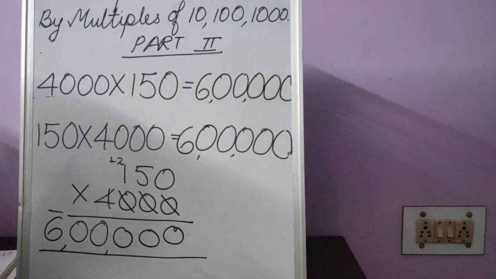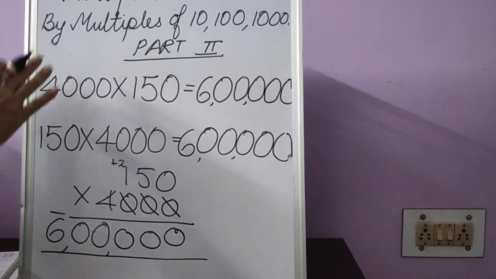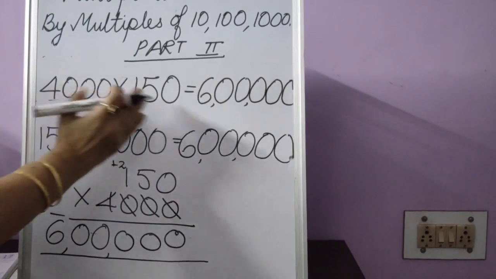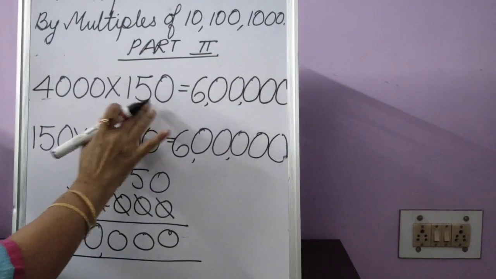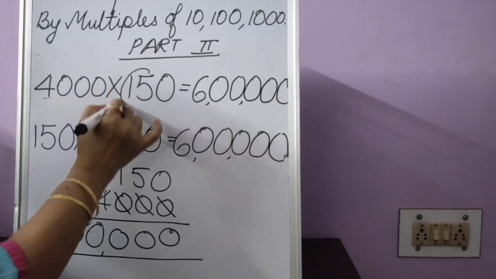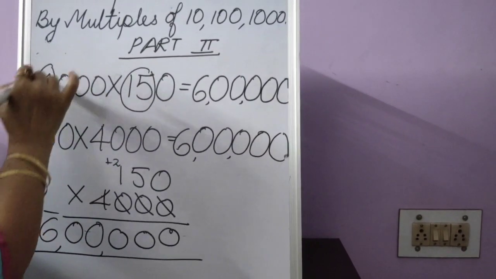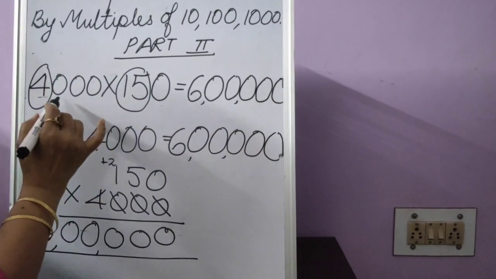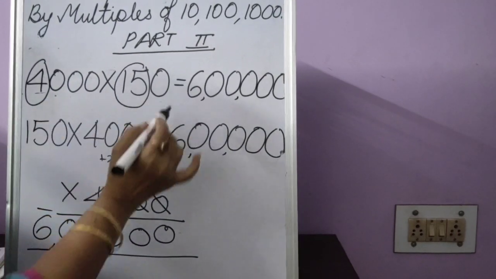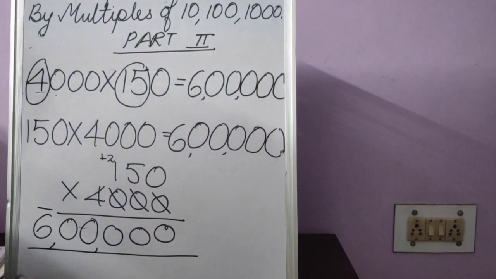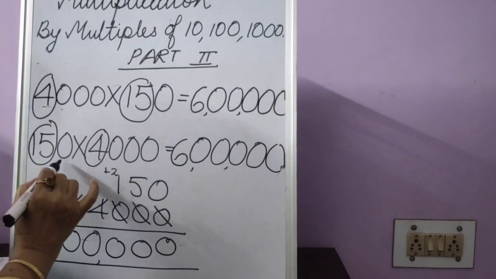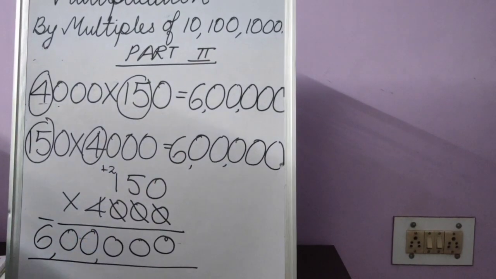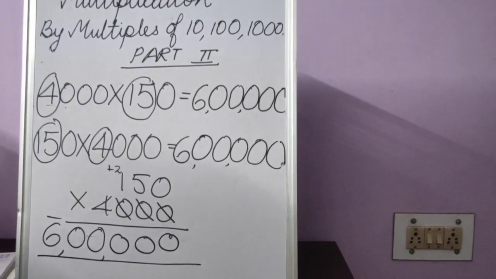You just have to be very attentive to do these sums. Like here we have multiples on both the sides. Do this method preferably. Leave out the zeros. Whatever number is left with you, do the multiplication. And then the zeros that we have left out, just count them and write in front of that. Same here, you have to use 4 multiplied by 15. Then the zeros that you have left out, you have to write in front.